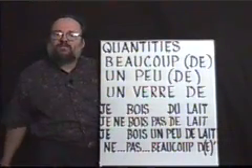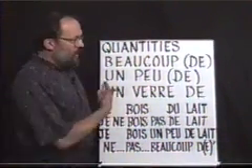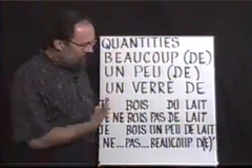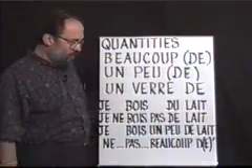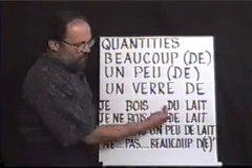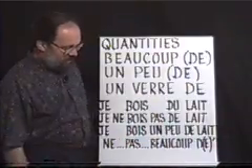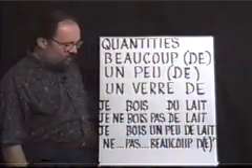Let's look at quantities now. Quantities can be of two types. For instance, one can be obvious things like beaucoup, a lot, un peu, a little, or things that are maybe a little more difficult to figure out. For instance, when you see un verre de, a glass of, that is a quantity too. Je bois du lait. I've got the partitive. I drink some milk. In the negative, je ne bois pas de lait, because it's a negative construction.